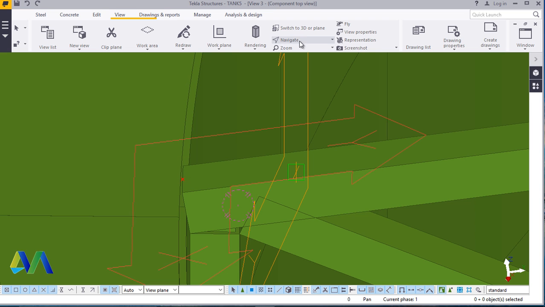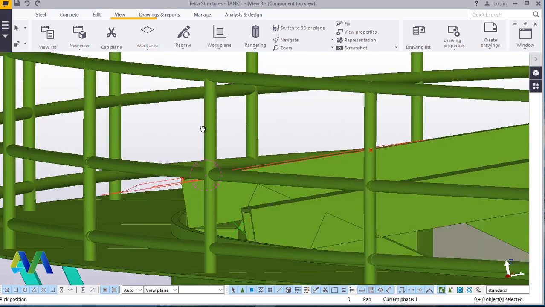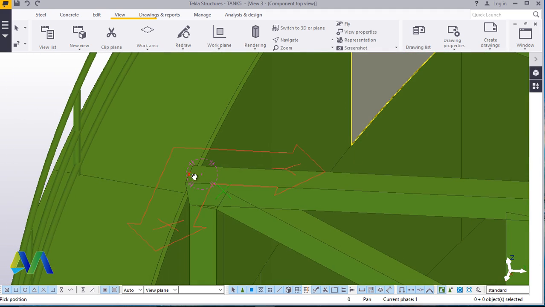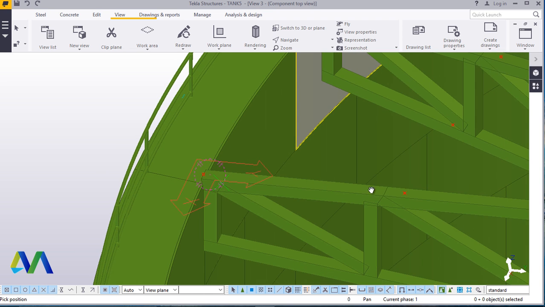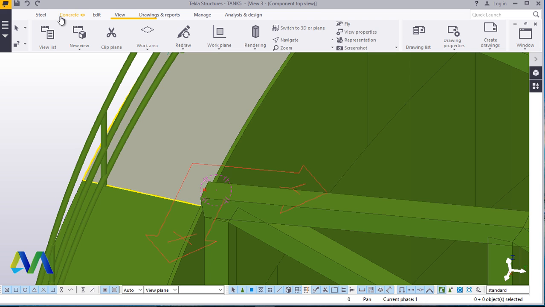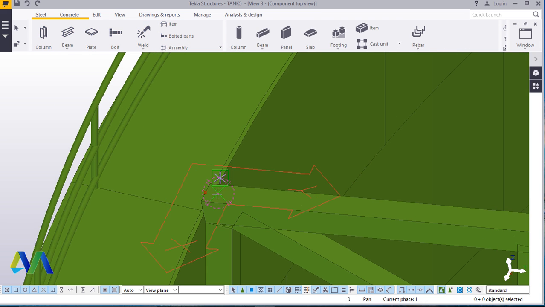We just place it there, right click and interrupt to disable the command. Now if you turn this round, you'll see it's actually following the profile or the slope of this truss. Now you can come back again and pick that,